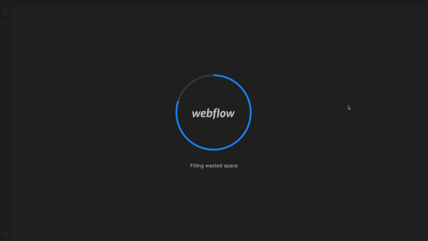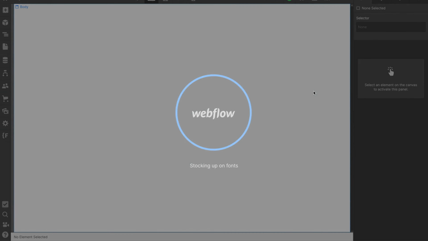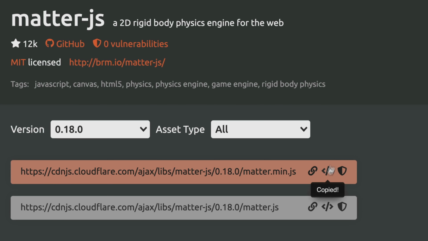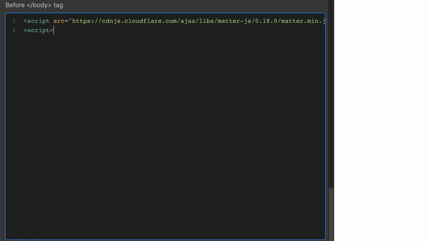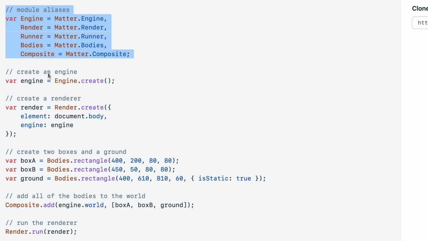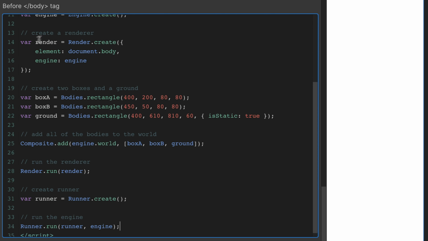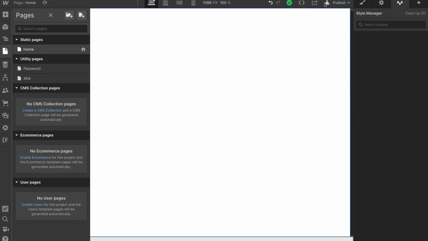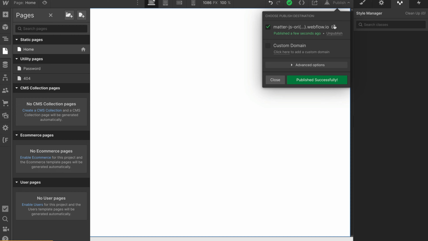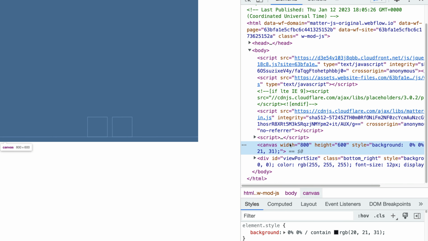It's pretty easy to get something on the page. I'm just going to fire up a new Webflow project here with nothing in it, load the script via CDN. Now we want to open up some script tags, and then we'll get the boilerplate from the Matter.js GitHub page and copy and paste it right into our project. This gives us a nice canvas right on the body there with a width of 800 and a height of